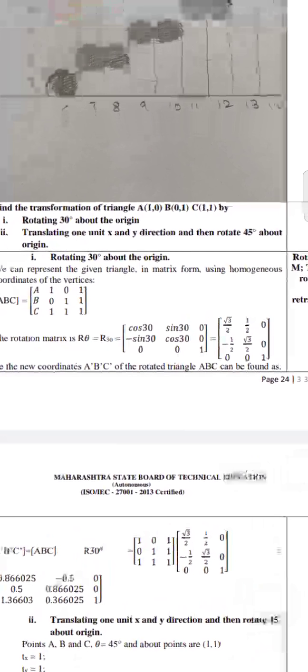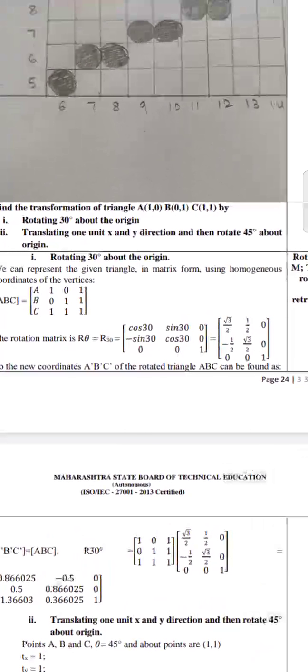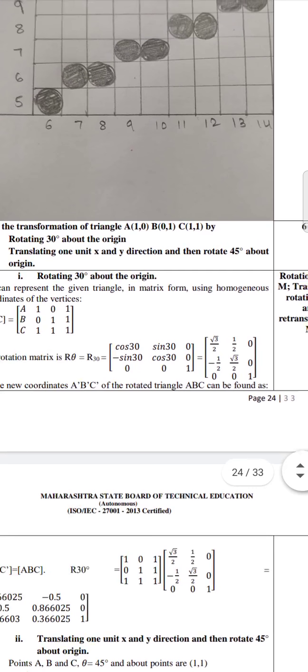In the last problem it is 45-degree, now it is 30-degree. So cos 30, sin 30, you can write down the values. Cos 30 is root 3 by 2, similarly sin 30 is 1 by 2. So these are basic trigonometric values, you know about it, okay, in the 9th standard only. You can replace theta by 30-degree and you can write down the cos 30 sin 30 values. So you can obtain a rotation matrix.